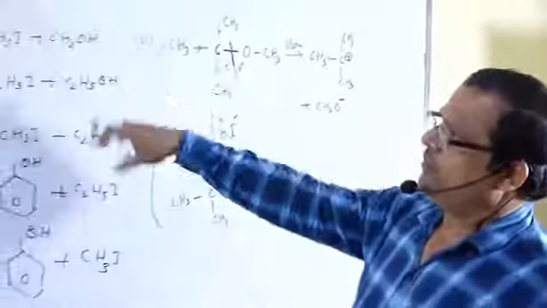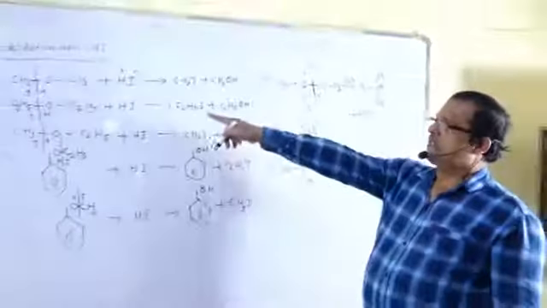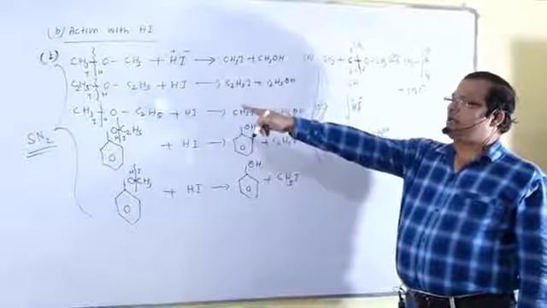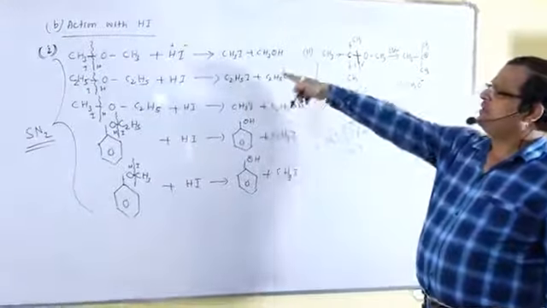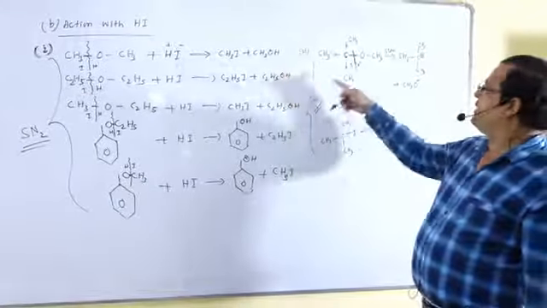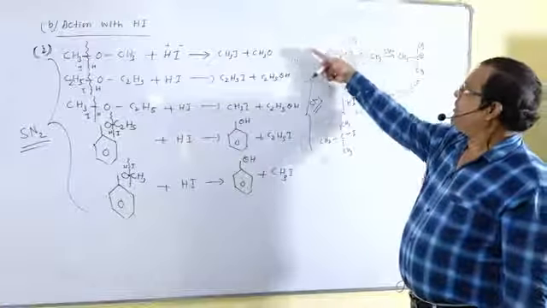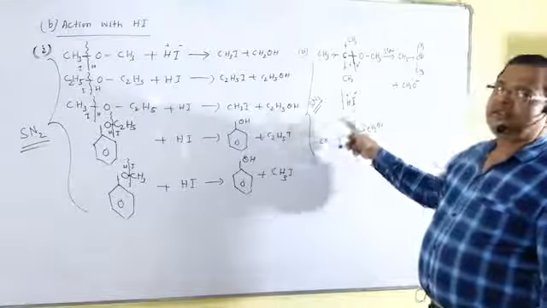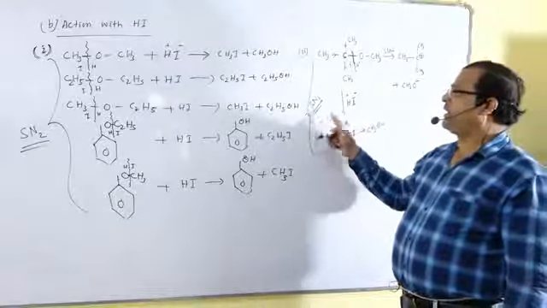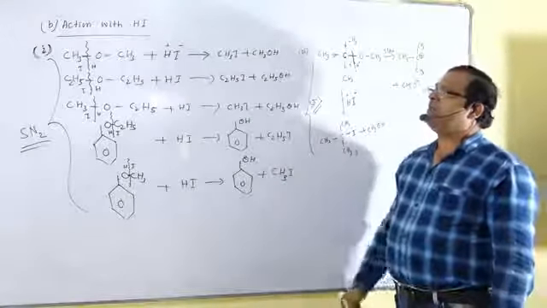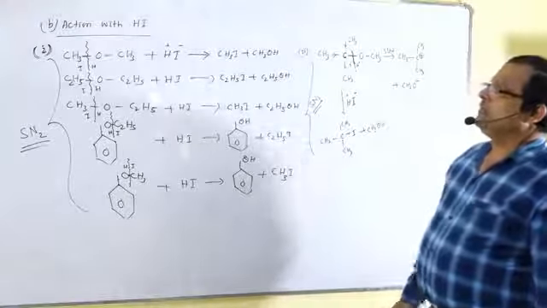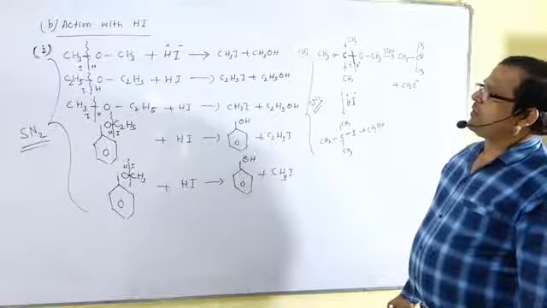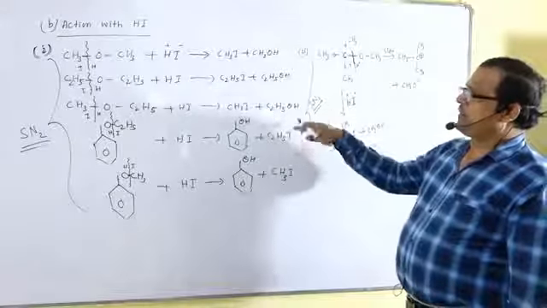In these two cases, if you compare them, in this case the alkyl group containing fewer carbon atoms is converted to alkyl iodide. But in this case, the alkyl group containing more carbon atoms is converted to alkyl iodide. So this is the difference, that is SN1 and SN2. This is one of the very important reactions, because there is a chance of formation of different types of product.